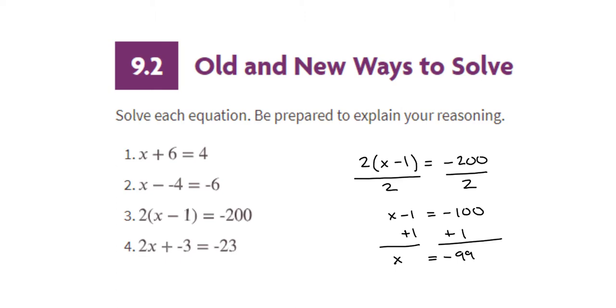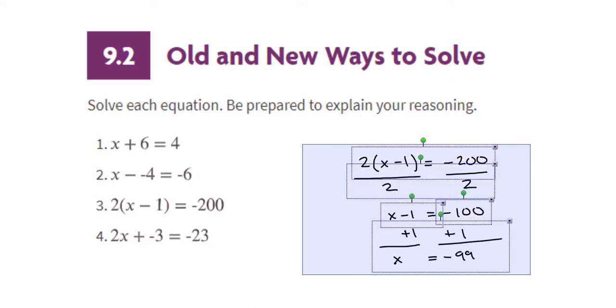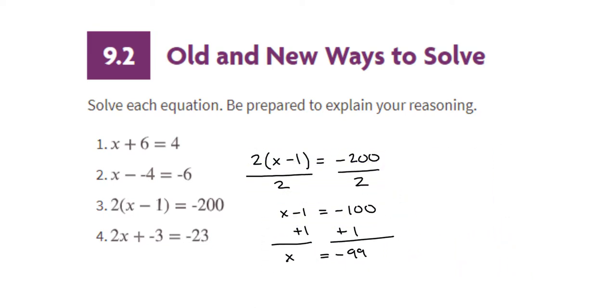And if you prefer, you could use the distributive property to solve this. If we have 2 times the quantity x minus 1 is equal to negative 200, we could use the distributive property to remove the parentheses. So 2x minus 2 times 1, which is 2, is equal to negative 200. So we would add 2,